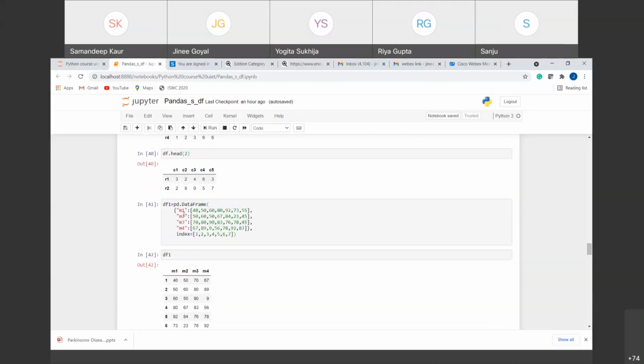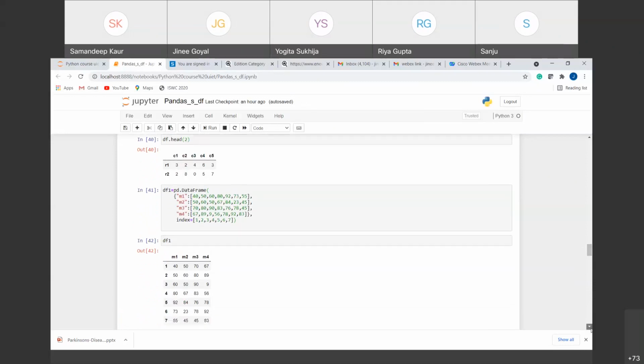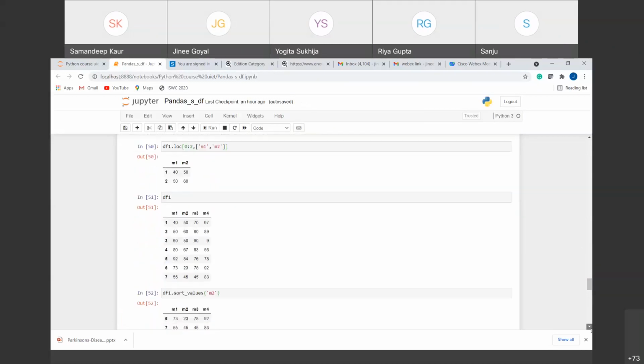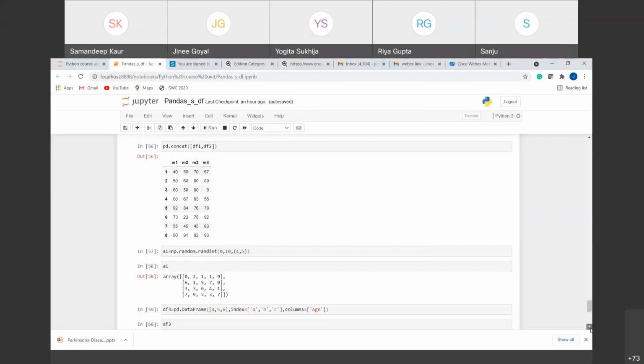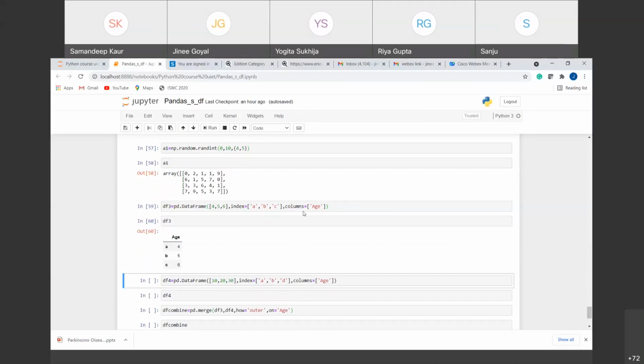Yes, the column names were provided here, right? So you can do it this way, or you can also provide the columns like the indexing you provide, like I have done here: comma columns is equal to this. So you can see what different methods there are to create a data frame, right? Now I have a DF3 data frame that consists of 3 rows and 1 column, and the column consists of 3 values.